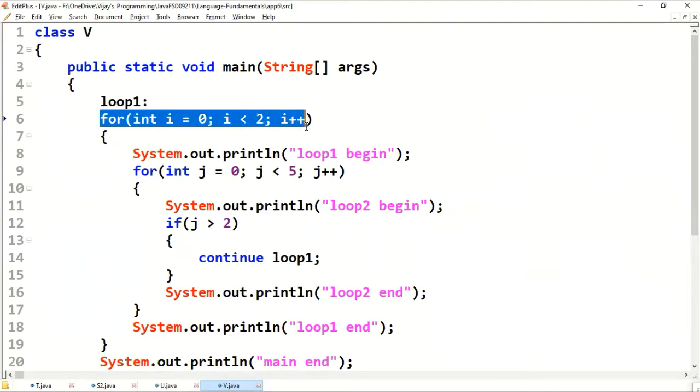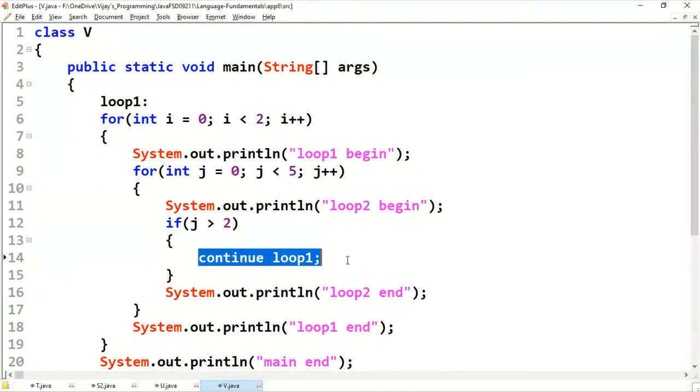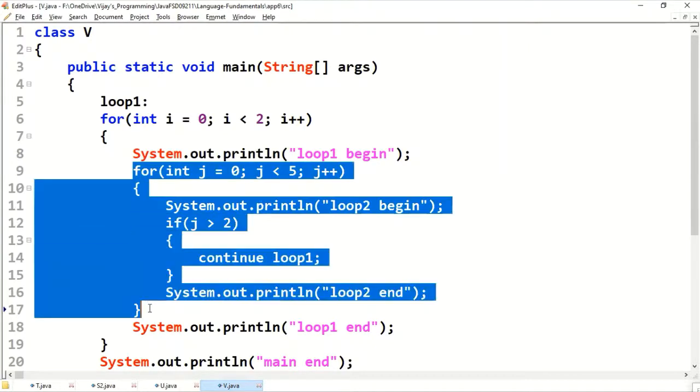Now for this loop, I'm labeling loop1 colon. Now carefully observe, by default, if you have continue in the inner for loop, it is going to skip to the next iteration of the inner for loop only.